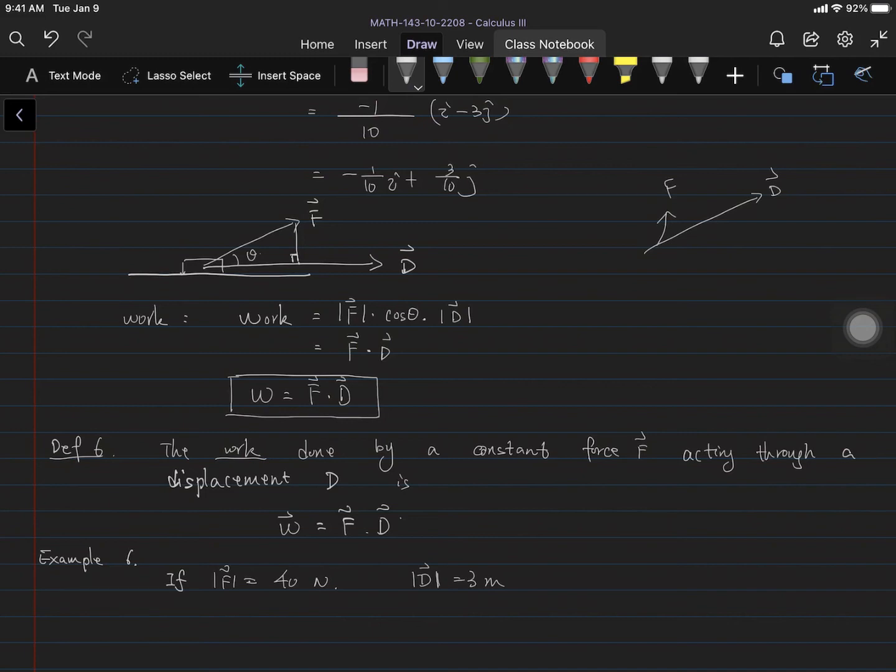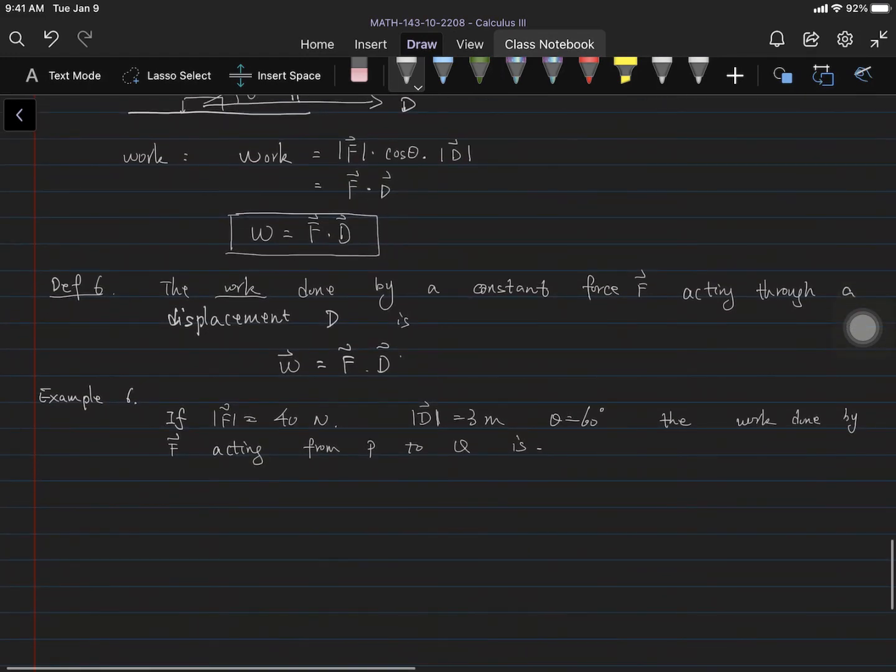Length. There's no direction, and theta is 60 degrees, and the work done by F acting from P to Q is, okay, W,